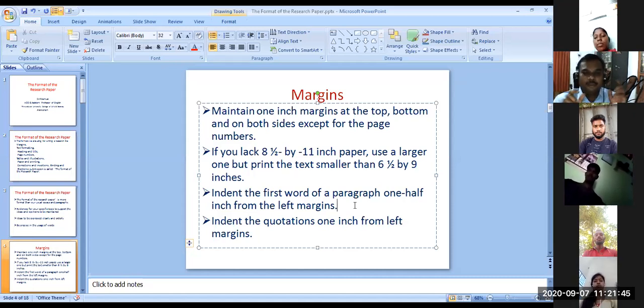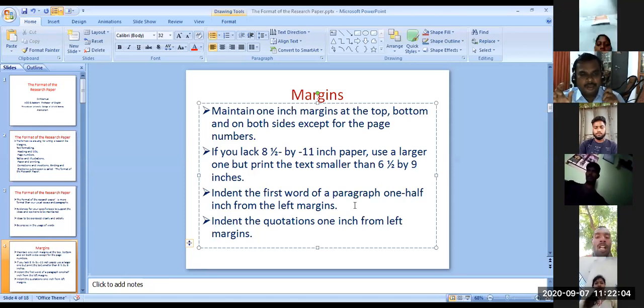Generally, you indent the first word half an inch. That means in typewriting, when you go to a typewriter or a computer center, they will give one tab.